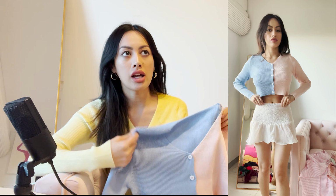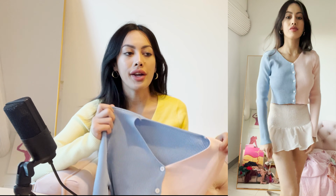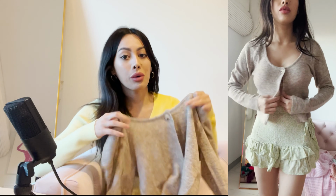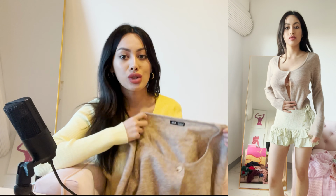But this one is really stiff. It's really oversized. I didn't like it, and I put it on and I was trying hard to work it, but I couldn't. This one is a different style. This is actually a button that works, which is great, so that you can unclasp it, but it's one of those open cardigan looks, and I wanted to actually just wear this by itself as an open cardigan look,